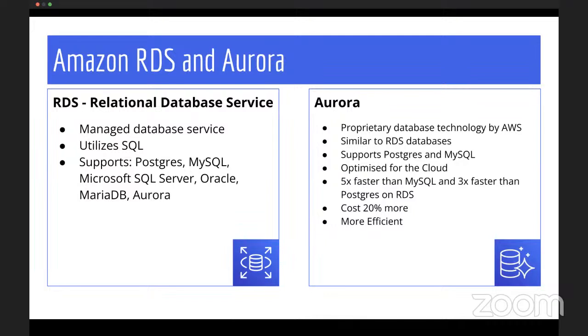Now, it is also optimized for the cloud. The question is, I thought relational database was also for the cloud. Yes, it is for the cloud. But here's the thing. The relational database service is more like, okay, I want to be able to use Oracle inside of AWS. That's what the RDS is about. Now, for the Aurora is